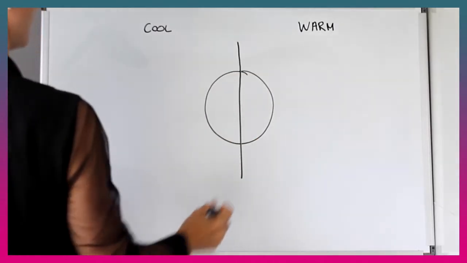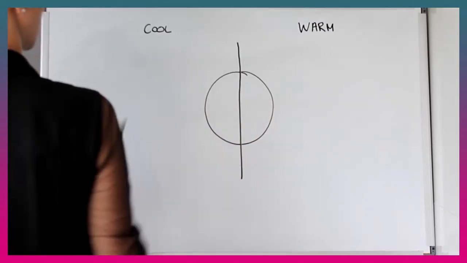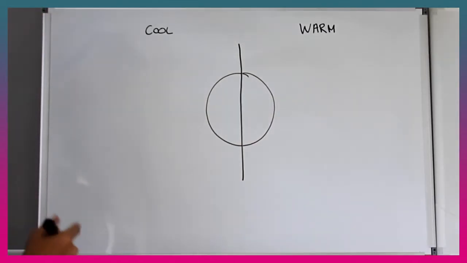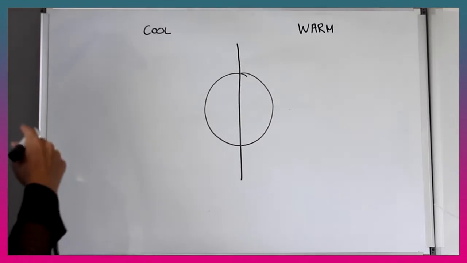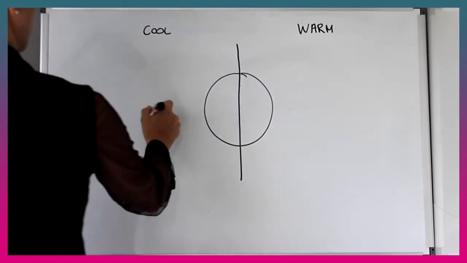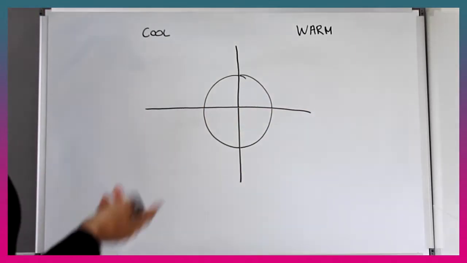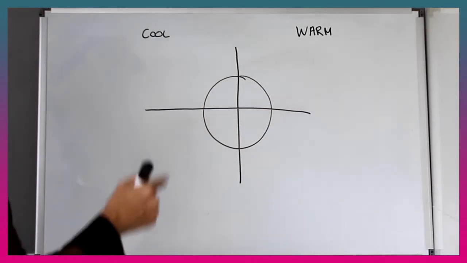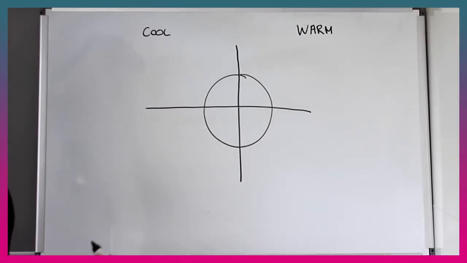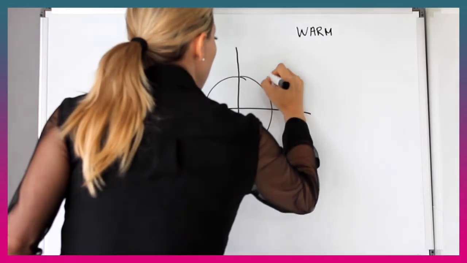So once we've decided if your client is warm or cool, and if we cut this color wheel right in half, the right side represents your warm colors, cool side is left side. Once we decide if they're warm or cool, then we need to decide on their undertone. So now if we cut the color wheel in half the opposite way, we have two different undertones in each family. So for our warm family, we have yellow